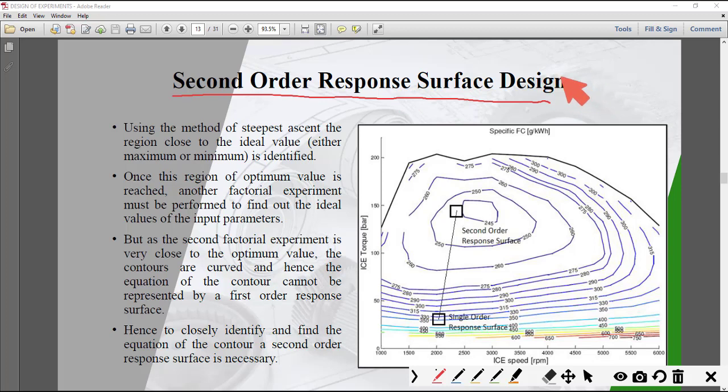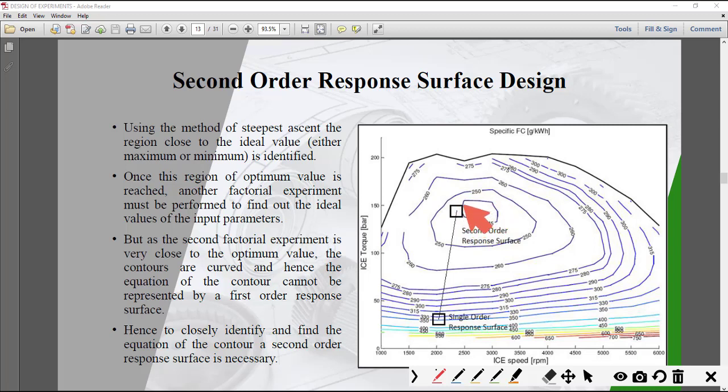The accuracy of third order response surface design is pretty much close to the accuracy of the second order response surface design. Okay, so second order is enough. If you like, you can go for third order, but the calculations and experimentation increase a lot. So second order is enough for all practical applications. Sometimes it might be possible that you go for some higher order response surface design, but currently we are looking at only second order response surface design.